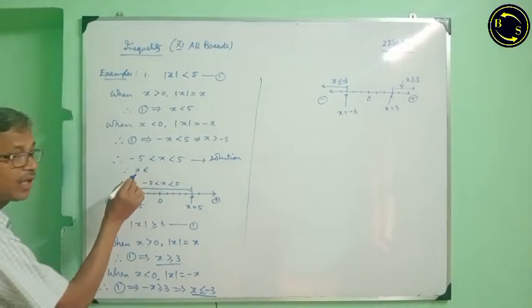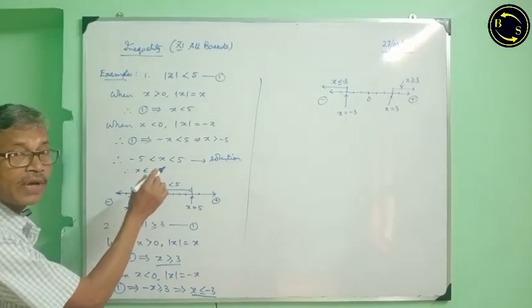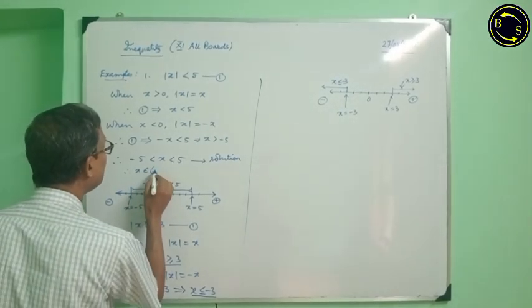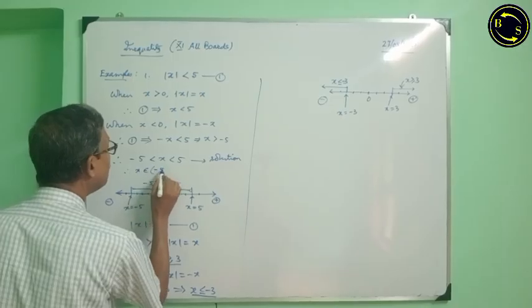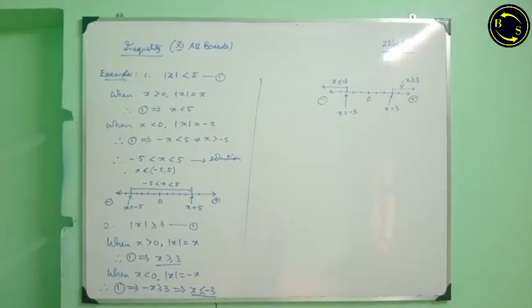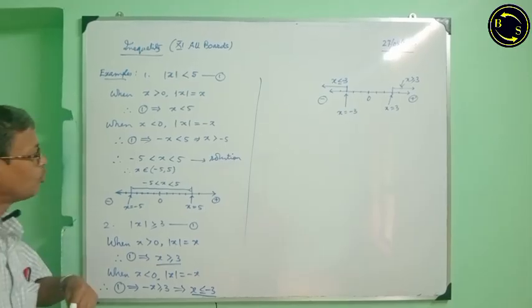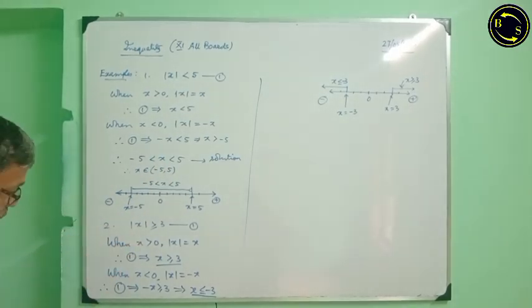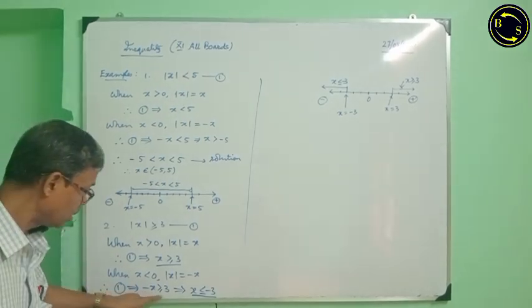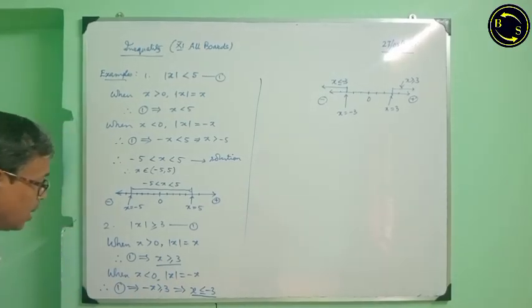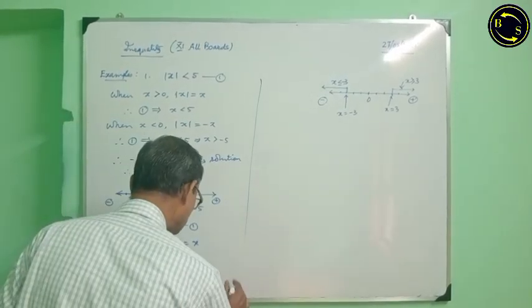Since x cannot take extreme values -5 and 5, therefore both are equivalent. In this case, x greater than equal to 3 and x less than equal to -3 represented by